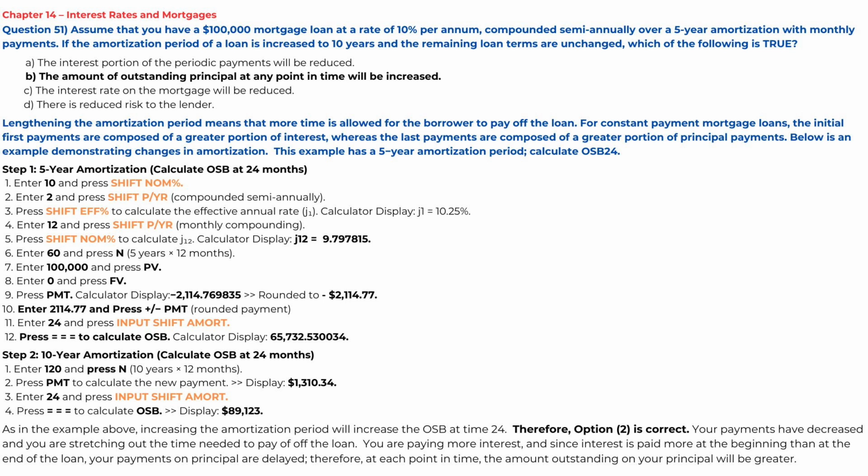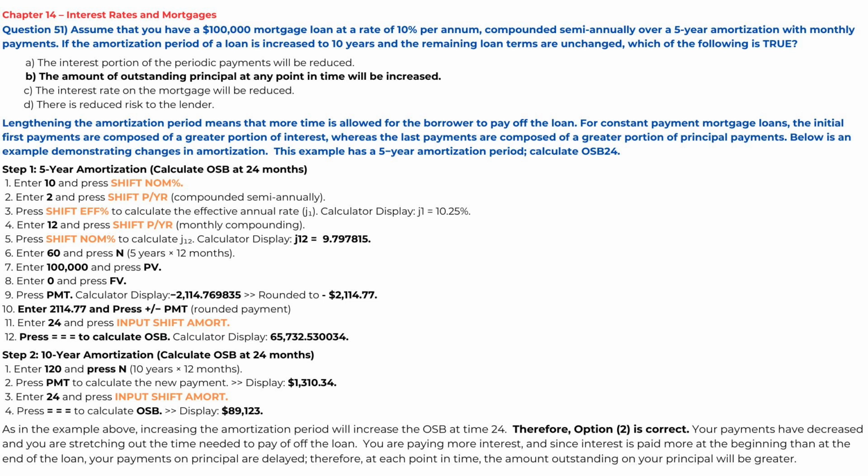2,114.769835, rounded to 2,114.77. Enter 2,114.77 and press the plus and minus sign, and then press PMT, rounded payment. Enter 24 and press Input Shift Amort. Press the equal sign 3 times to calculate OSB. The calculator displays 65,